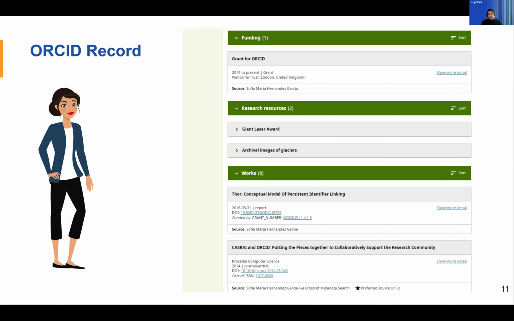And the other thing, down below, you will see that category of works. So works here are pretty much the products that you have produced, right? As a researcher, as a contributor. So it could be your publications. It could also be artwork if you wanted to, so you can add that information here. So those are products or works in ORCID.